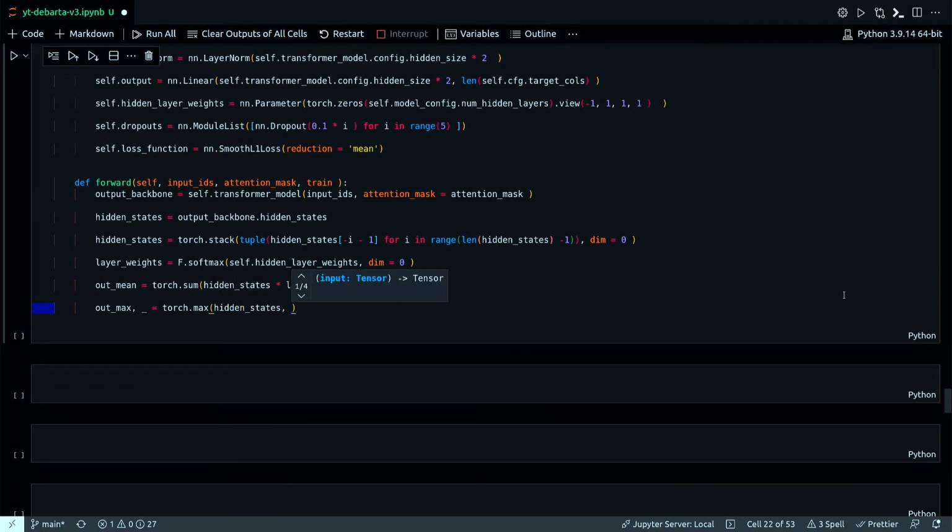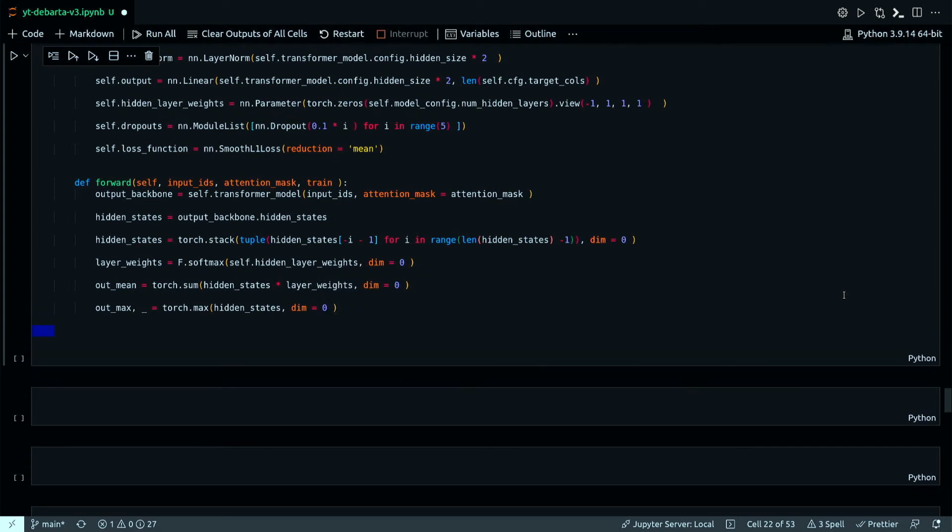Hidden states. And now finally concatenate with pooler, that is concat the mean and max pooling.